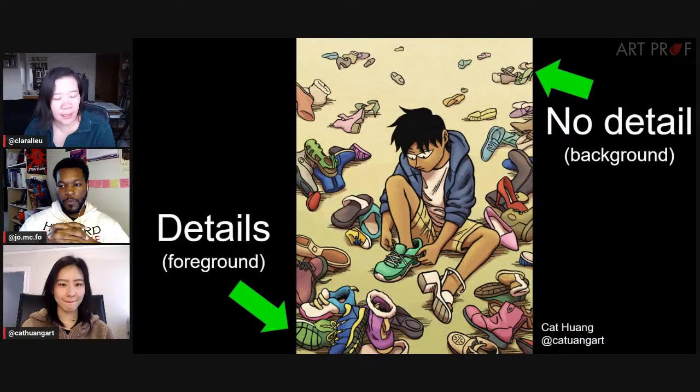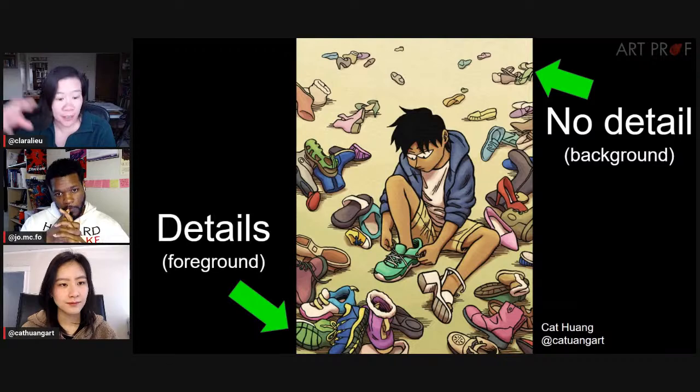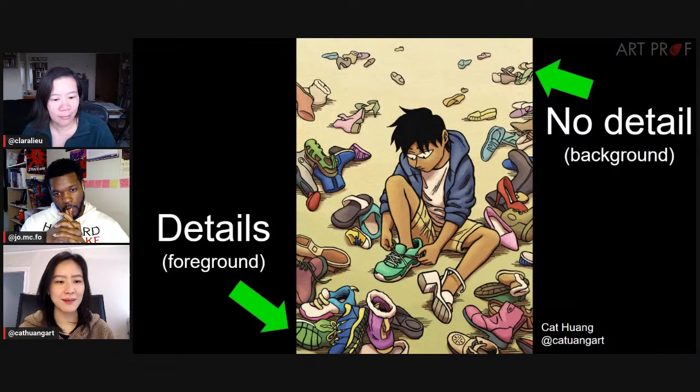So Kat, this is an illustration for your graphic novel that you're working on right now. Can you explain to us how you made the decisions regarding details in this illustration? This is kind of the perfect example of atmospheric perspective, using objects to denote space in an otherwise pretty empty